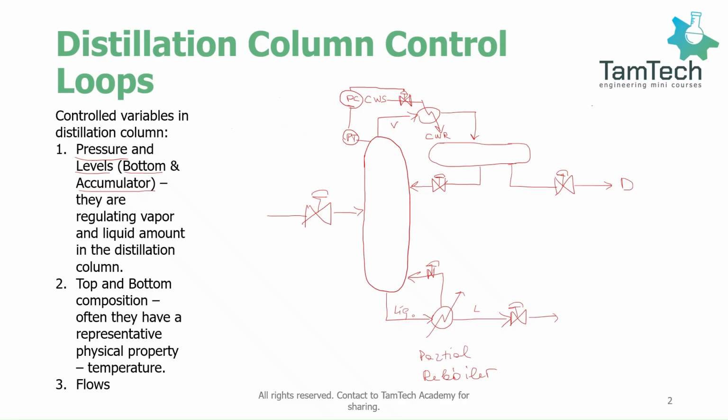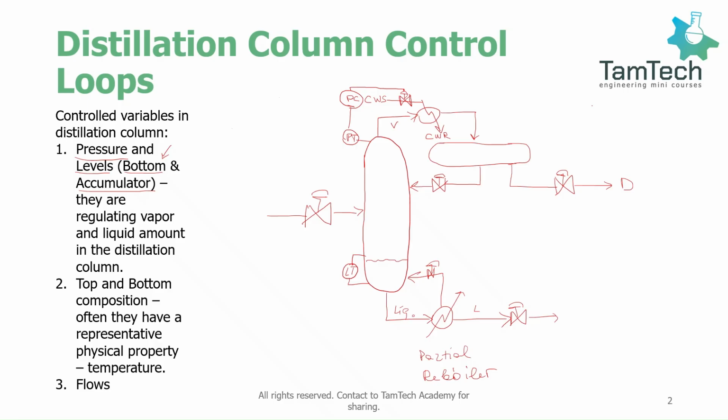Firstly, we should determine which levels we are looking at. In general, in distillation columns, we will look into two kinds of levels. The first one is the bottom level. Remember that in the bottom of the distillation column, we always have some level of liquid, and we should control this amount of liquid because we don't want our distillation column to run dry without a liquid or without a supply of vapor. So what we do is firstly measure our liquid level with a liquid transmitter